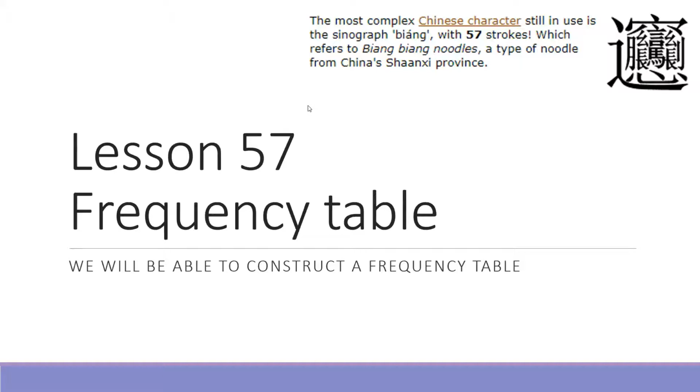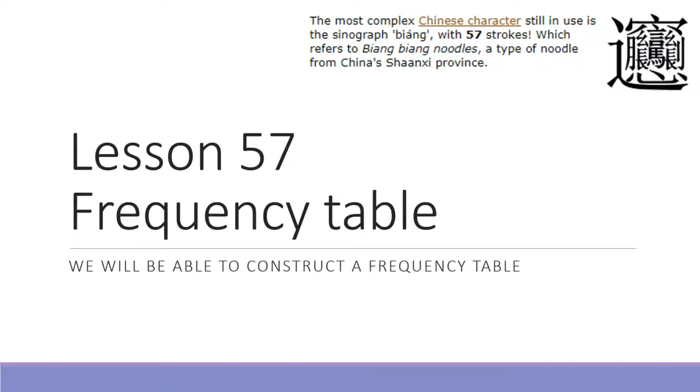The most complex Chinese character still in use is the sinograph, and forgive me if there are any Chinese speakers here, Biang or Biang, I don't know, no idea, with 57 strokes, which refers to Biangbiang noodles, a type of noodles from China's Shaanxi province. I know that Shaanxi is there. So if you look at this, it's like, holy,